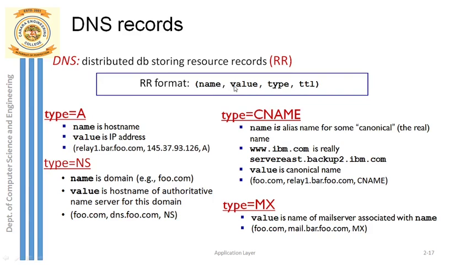Okay, next, third field is type, and this type field actually indicates what type of record is this. Okay, so there can be different types of records stored in DNS server. And this type field we will see in detail. So the first 2 fields, I hope it is clear. So this is actually the syntax of each record that is stored in DNS server.